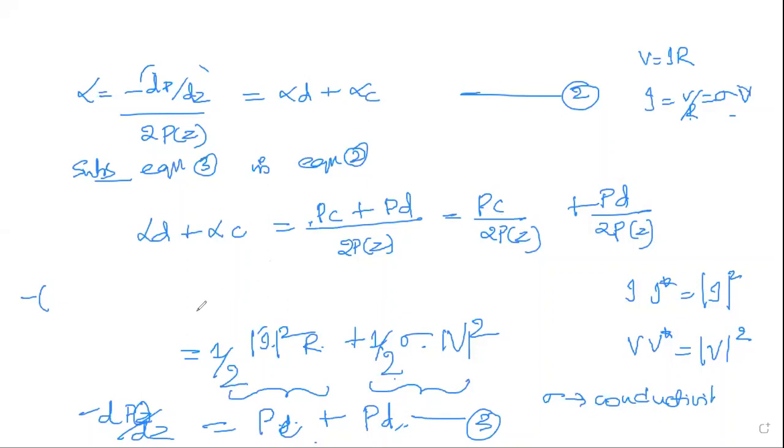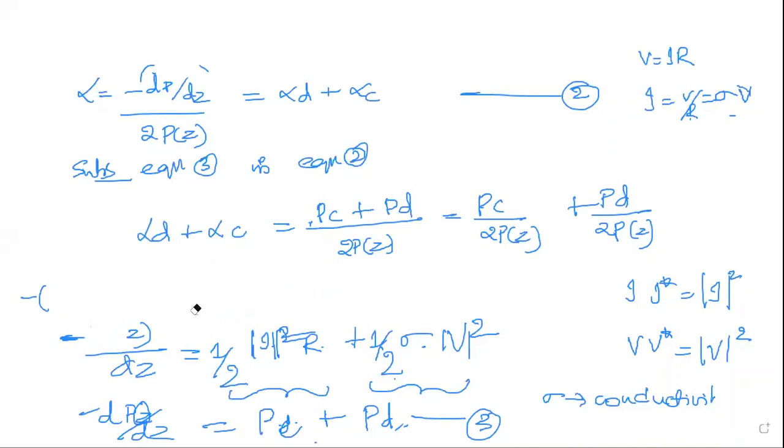Whole minus should be there, no, ma'am? You are writing for minus P of Z, no? You are finding the equation only for dP of Z by dZ. If we are not cancelling the minus on the right hand side, then we'll have... Yeah, that only, I have told you, both sides. If you take minus here, that is minus I into R into I. So this is the complex conjugate, and if you put the minus I inside the magnitude, it will be the magnitude of I square. So I have just kept it directly here, minus of dP of Z by dZ. Okay, I understood.